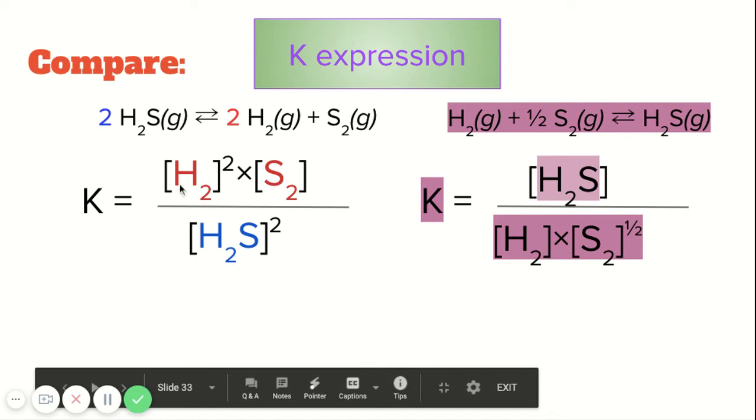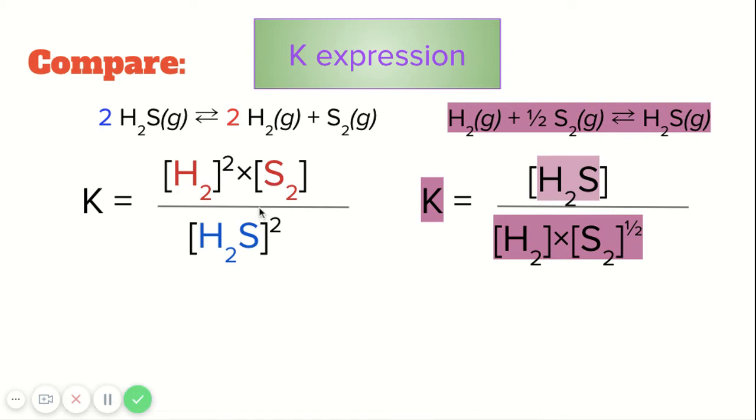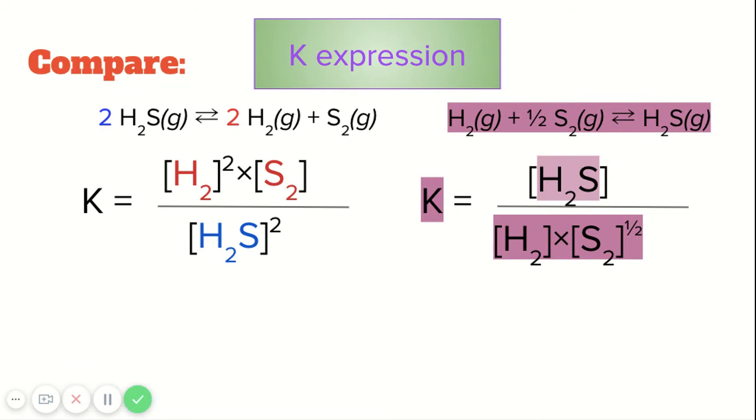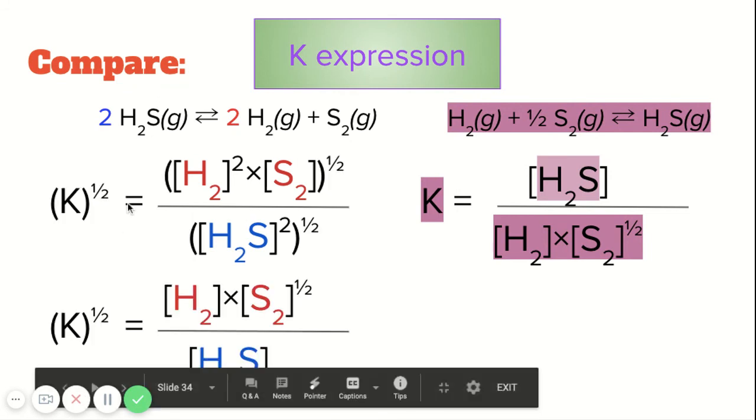I want to move this around until I end up with the format for the purple one. I want to know, what do I have to do to my K, the one that I know, the 0.284, I think, in order to get the purple K. So I'm going to start out by taking the square root of everybody. I could reverse it first, but it doesn't matter what order I do things in. So if I took the square root of everybody,